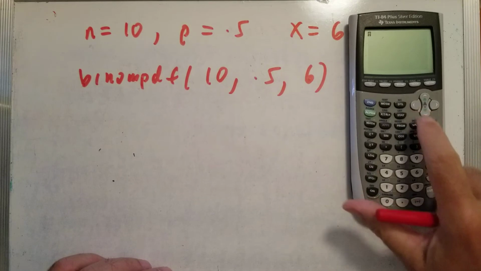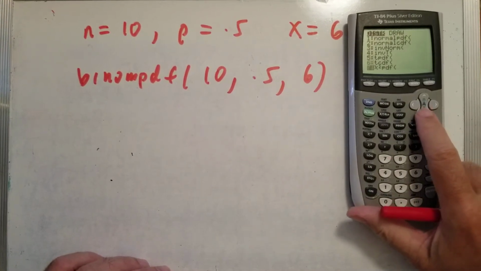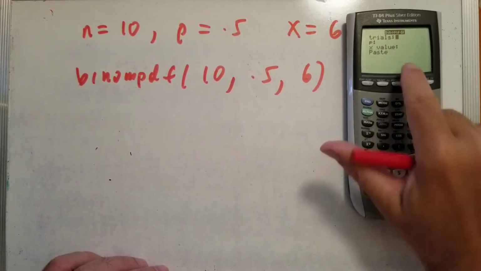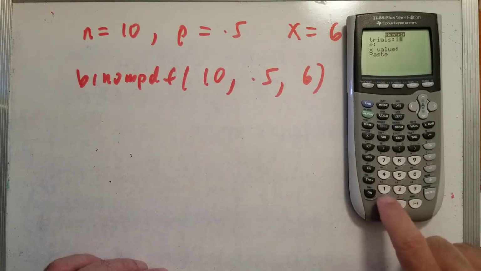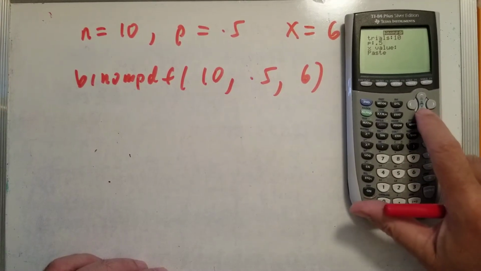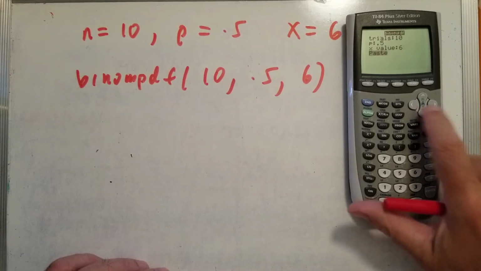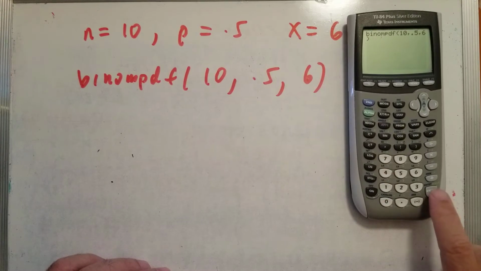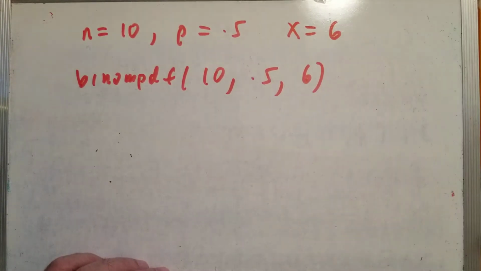I'm hitting second, and the distribution is above the vars there. And you have to arrow down to get to binom PDF. There it is. Okay, my stat wizard is on. So it prompts you, the number of trials is 10. The P is the probability of success, which is 0.5. The X value is 6, the number of successes. And when I hit paste, that's what you'd get if you had the stat wizard off. And it comes out with an answer